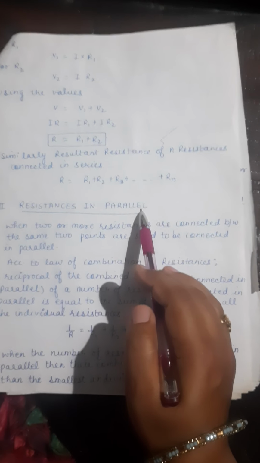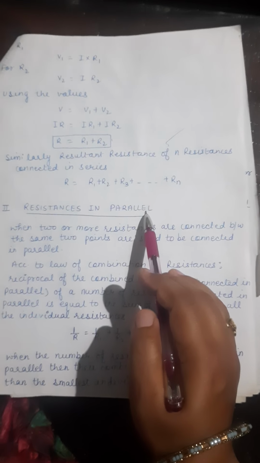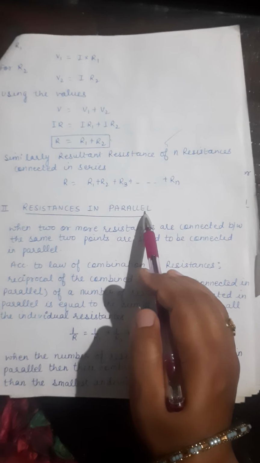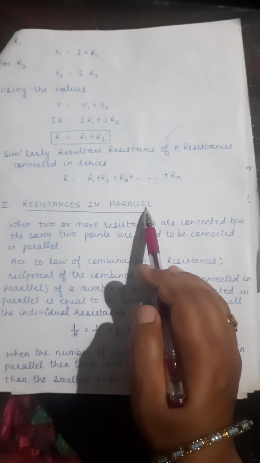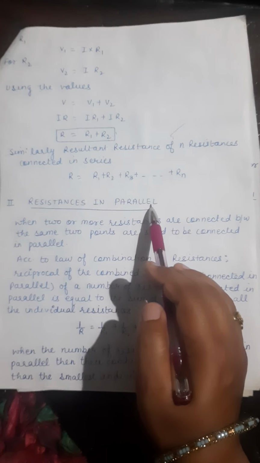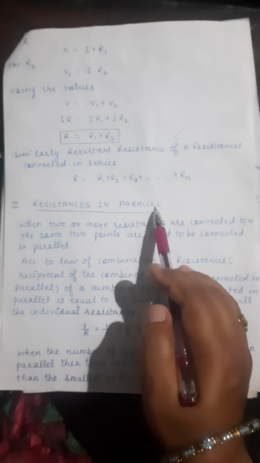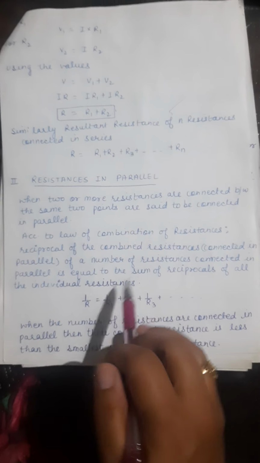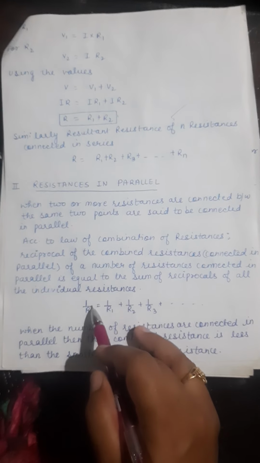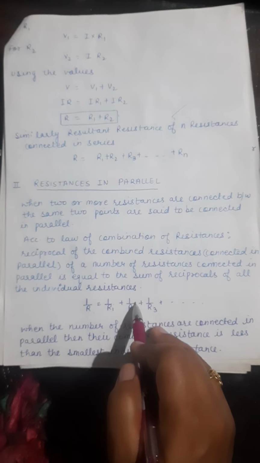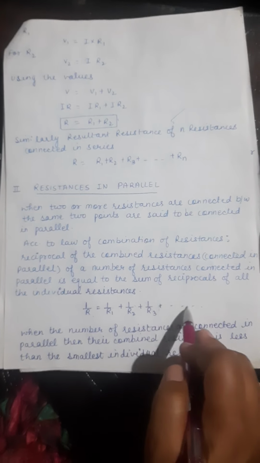In this combination, if you have two or more resistance wires, then we connect them all through the common ends, one end of all the wires together, and the other ends together again. Here the resistance gets decreased, that means by the reciprocal, that is 1 by R equals 1 by R1 plus 1 by R2 plus 1 by R3 and so on.